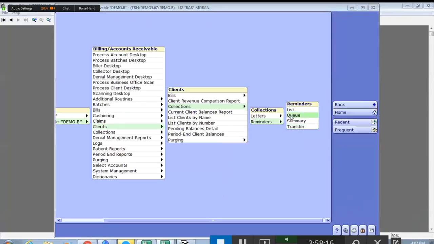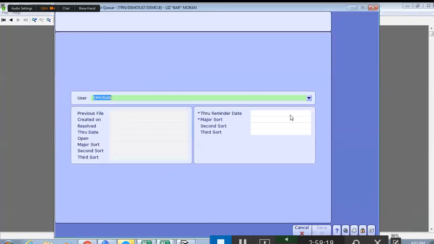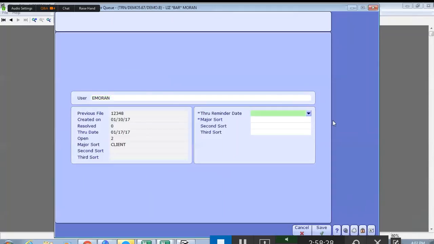So the queue client reminders routine is used to compile a list of open client reminders for a user. If there were a previous file on the queue, it would default in. So we can see that it was created on 1/10/17. There were 0 resolved. There are 2 open. So if we do T+5,